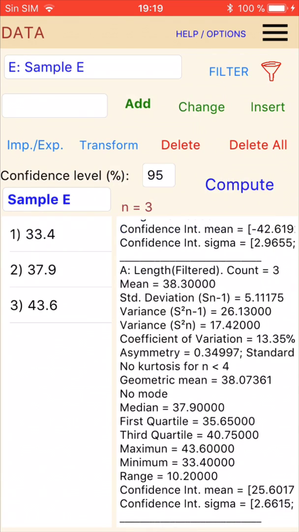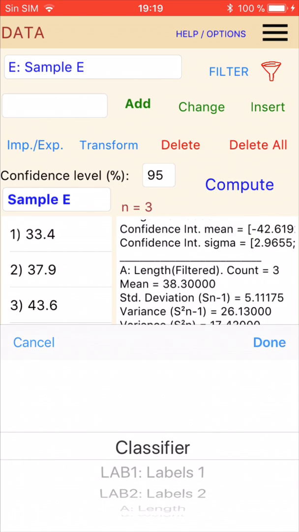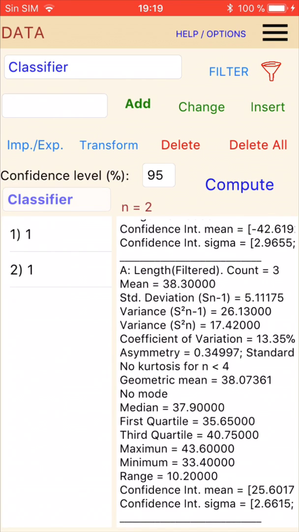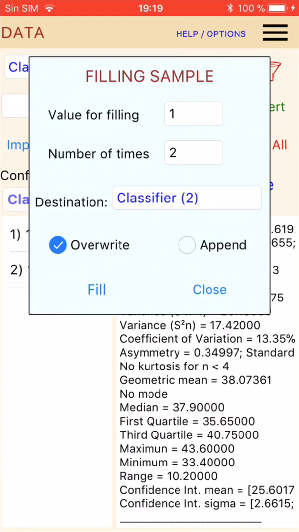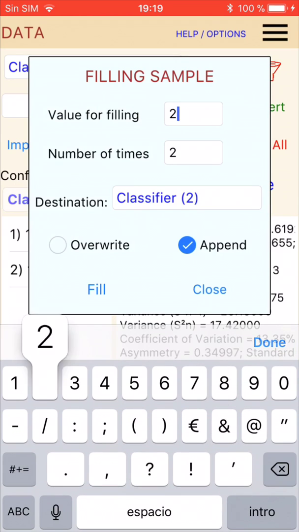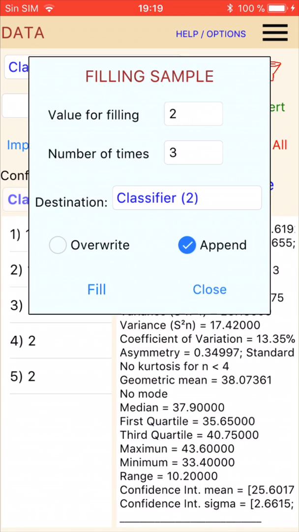So if we go to classifier, there are 2 ones. And now imagine we have 30 women or something like that. But let's do the same, 3 women now. So we click on import export, fill cells with number. I'm going to append, that's very important, otherwise the 2 previous values are going to be deleted. Value for filling 2, number of times 3. If I click on fill, okay, we can see